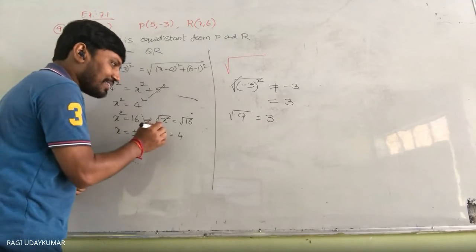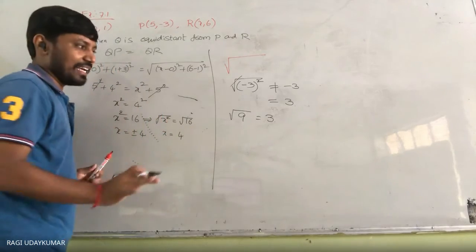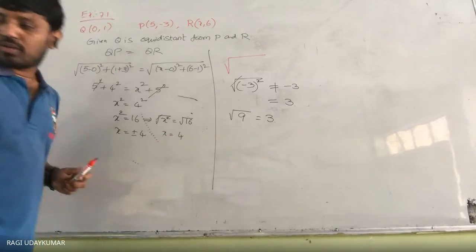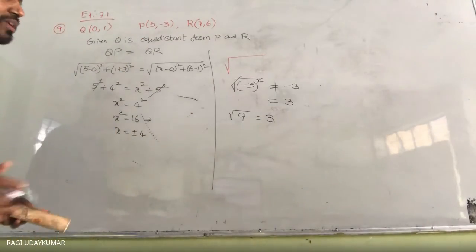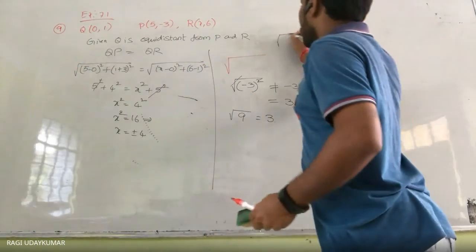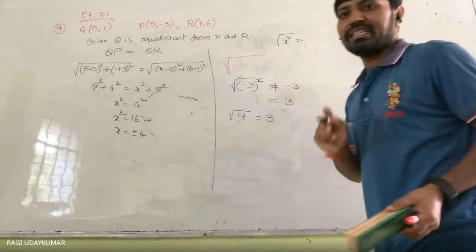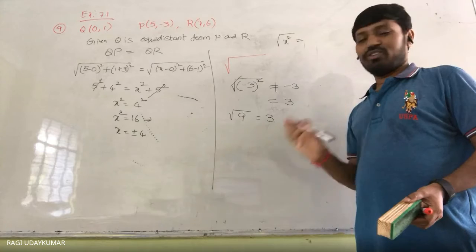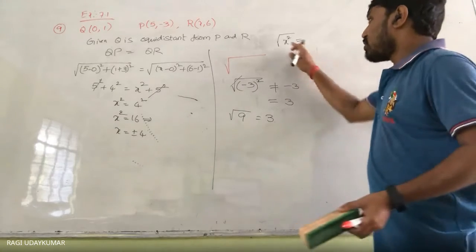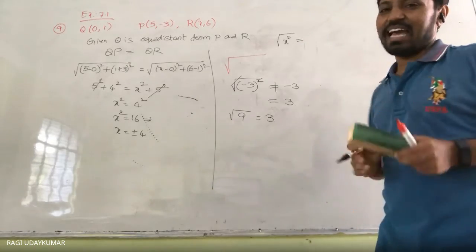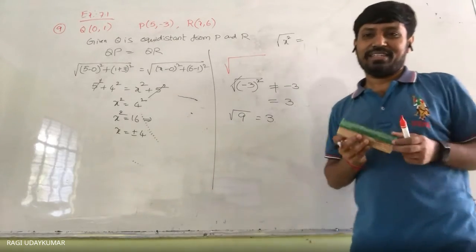No, what is wrong here is that you should not cancel the square and square root. Actually, you are going to learn the new concept in your 11th class. I am saying it even now. Can you tell me what is the square root of x square? Most of the students will say x. Sir, x. No. Sir, plus minus x. No. You ask anyone. Sir, x equal to 0. No. I am asking, what is the square root of x square?